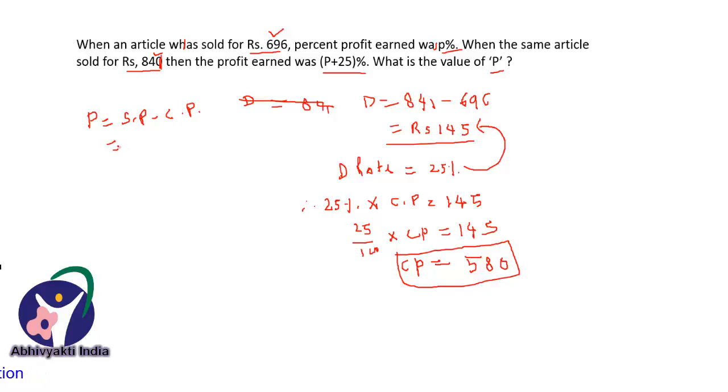So profit is equal to selling price, 696, minus cost price, which is 580. So this is equal to rupees 116. Therefore the profit is 116. So when the cost price is 580,